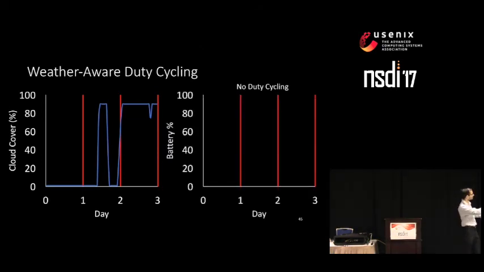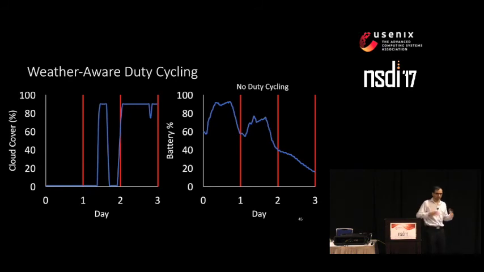So the x-axis on this other curve is the day, and the y-axis is the battery percentage. As you can see, on the first day, when there is enough sun, the battery charges during the day and discharges during the night, which is an ideal behavior. That's what we want. But on the subsequent days, as you can see, the battery keeps discharging because there's cloud cover, and eventually it dies down.